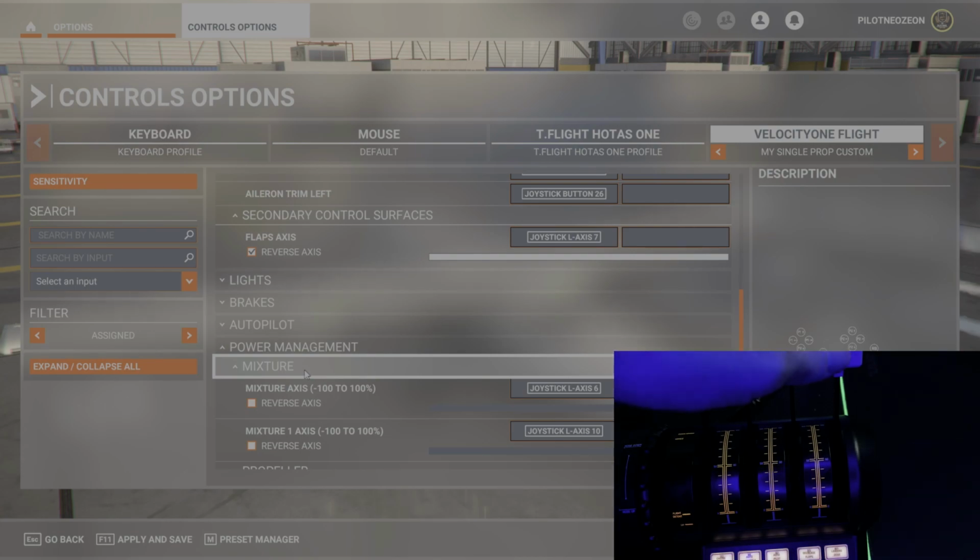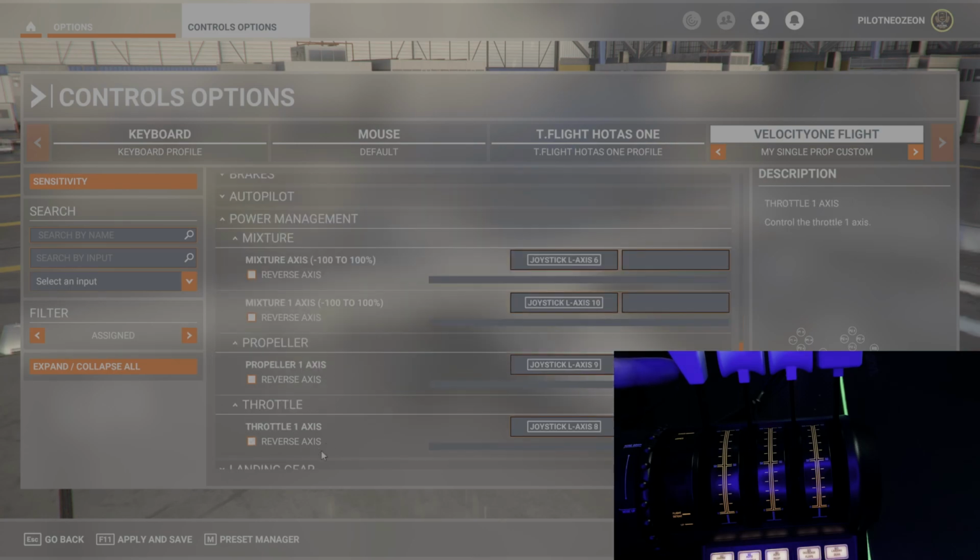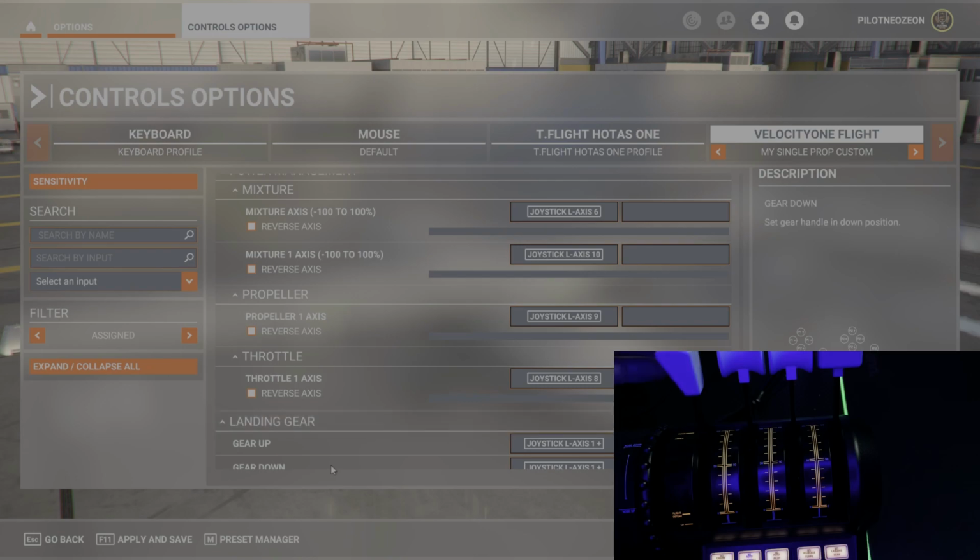And again, flaps up here, landing gear is here. I believe I have it set to that on here. Yeah, and landing gear is here. So it's that simple. Just the biggest things to remember is if you have throttle connected twice, so like you'll